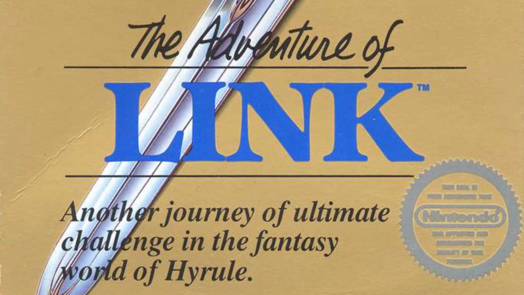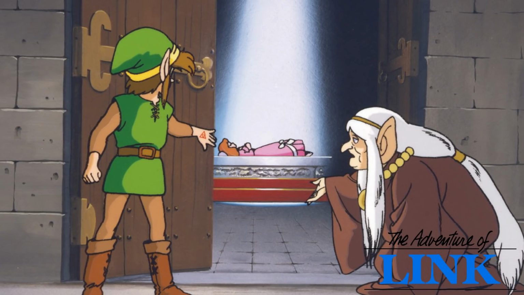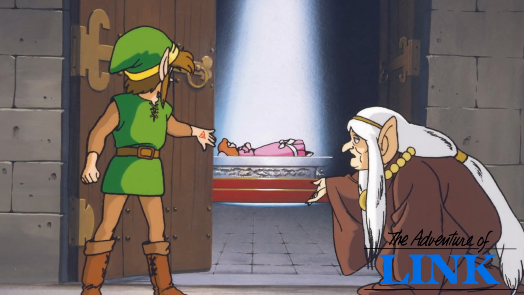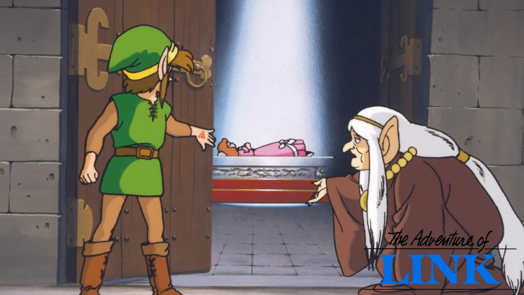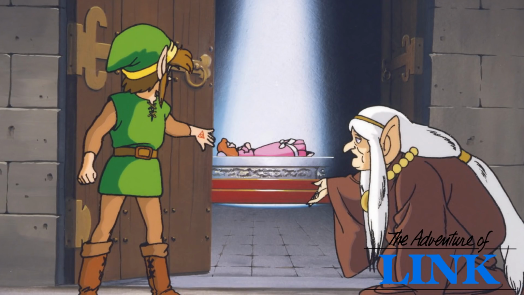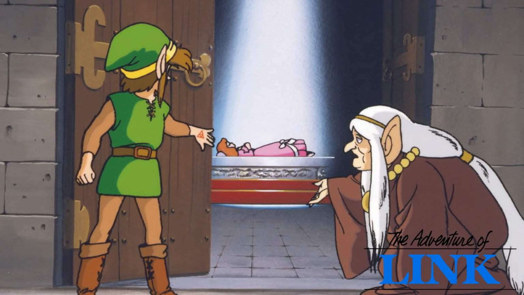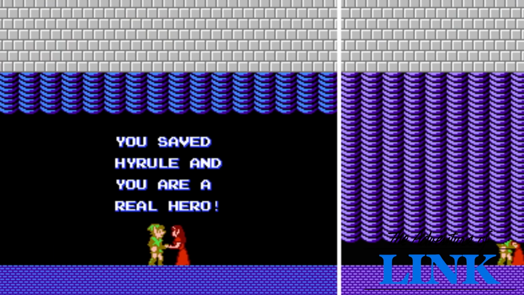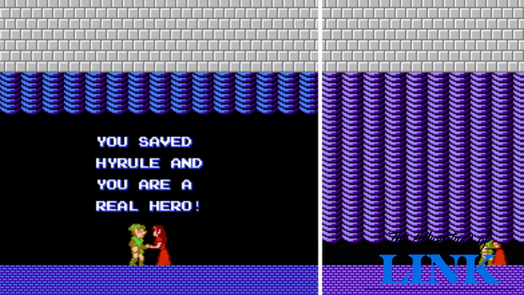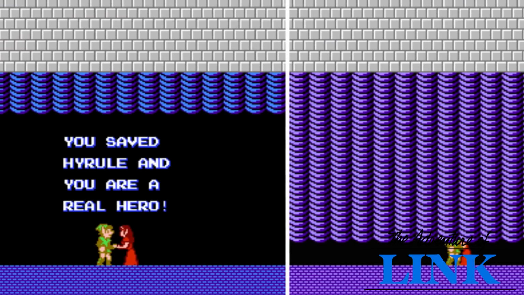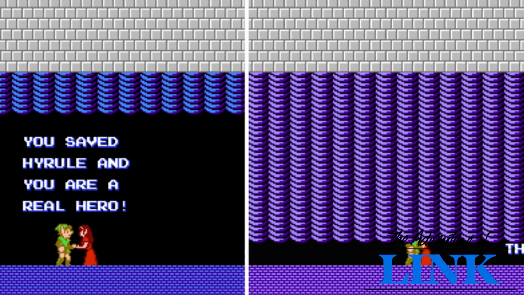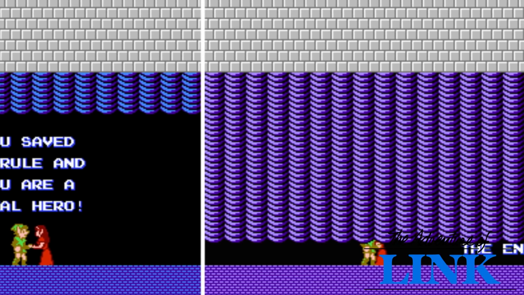The Adventure of Link. 6 years after The Legend of Zelda, Link finds out about Princess Zelda I and heads out to find the Triforce of Courage that was hidden by the king before the events of The Legend of Zelda. Link defeats the 6 Guardians, defeats his shadow self, gets the Triforce of Courage, assembles the Triforce and wakes Princess Zelda I from her slumber.